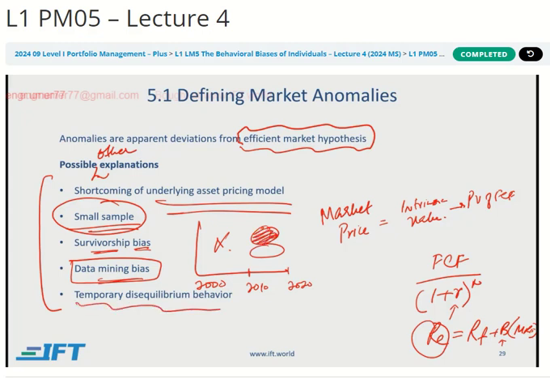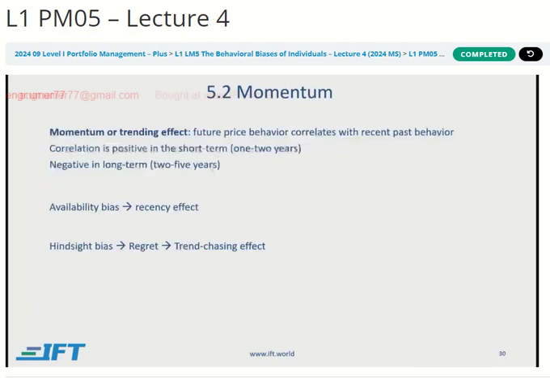And of course, yes, maybe there is an inefficiency, but it's just a temporary, one-time thing. It's not going to last, and it's not a permanent inefficiency in the market. So these are all possible other explanations, but we are more interested in the behavioral finance ones. And I personally really like momentum because, well, you can then sell when things get overvalued, right? You can sell them above their intrinsic value.